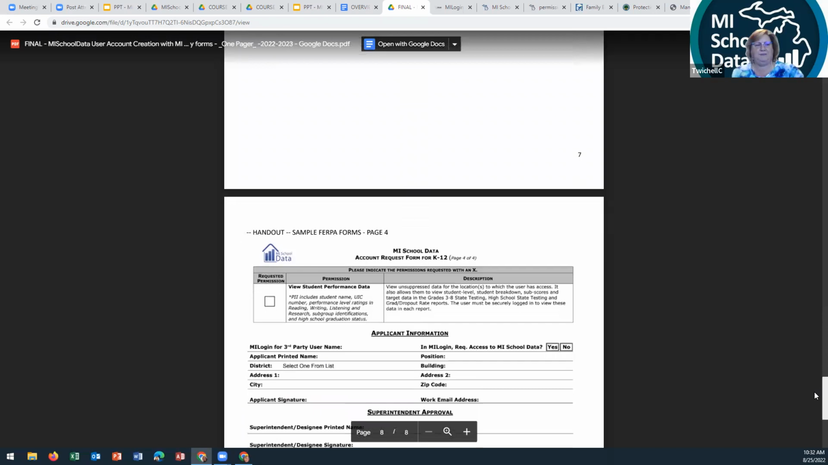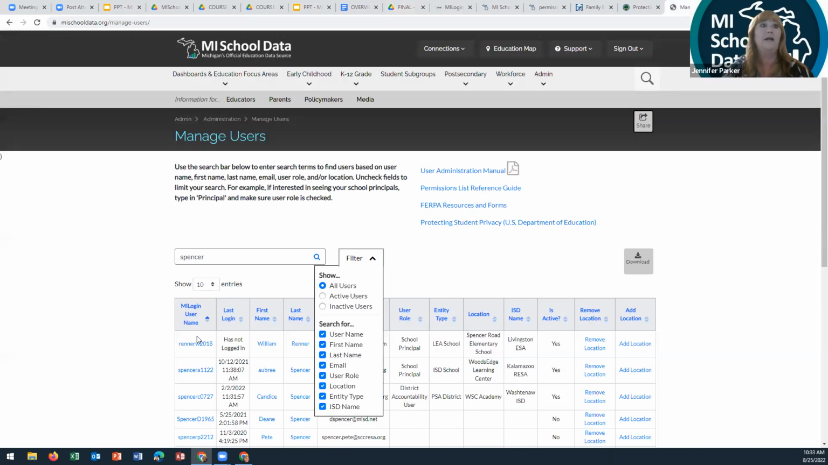Data. And like you said, that also gives them access to the special ed dashboard, and now the view student performance data. So those need to be turned on. Yep. And you'll notice that this FERPA form requires a superintendent signature, and those permissions look exactly like what you're going to find with a